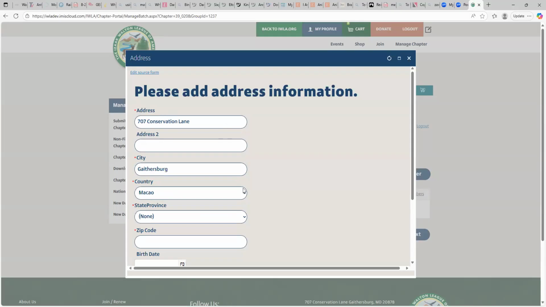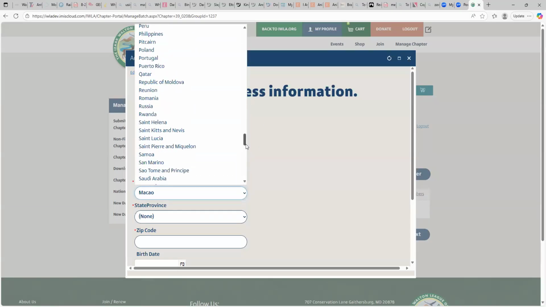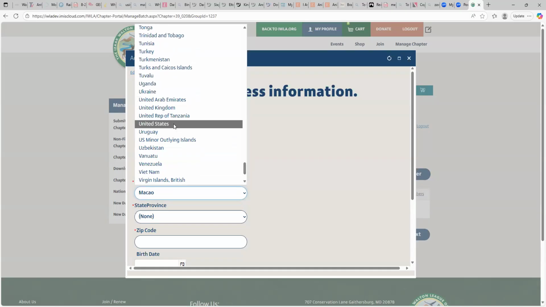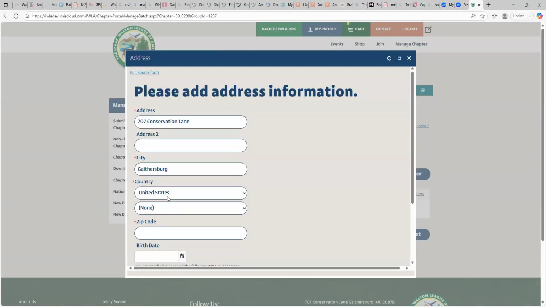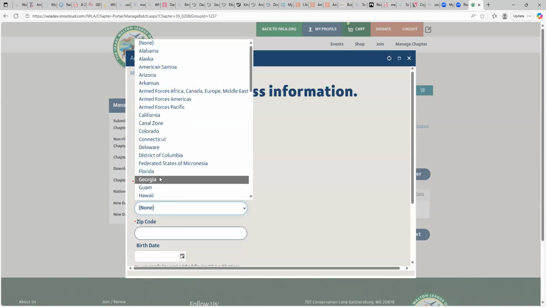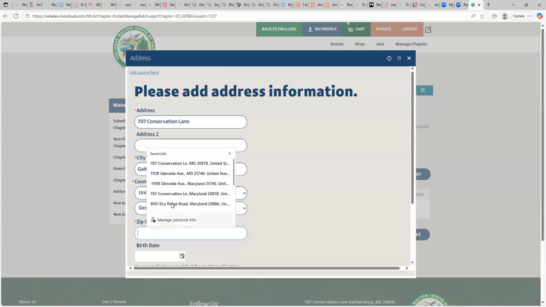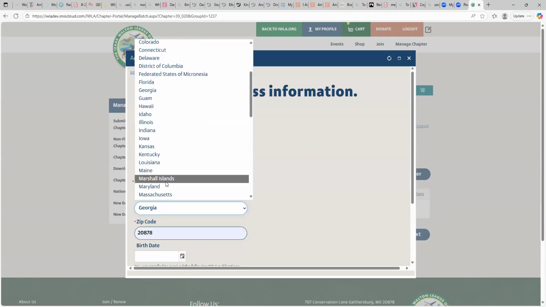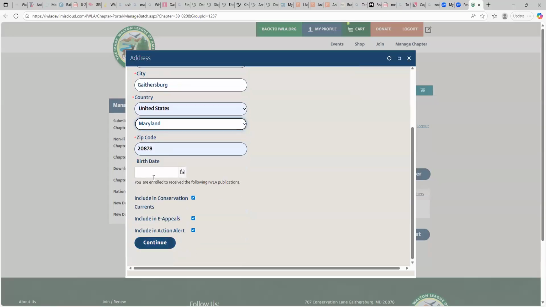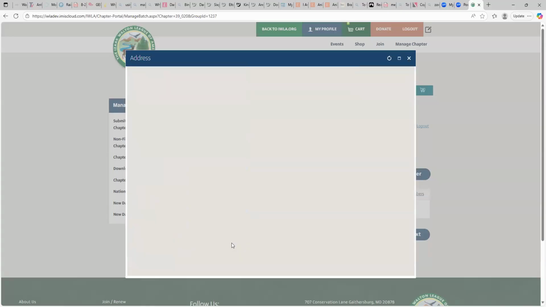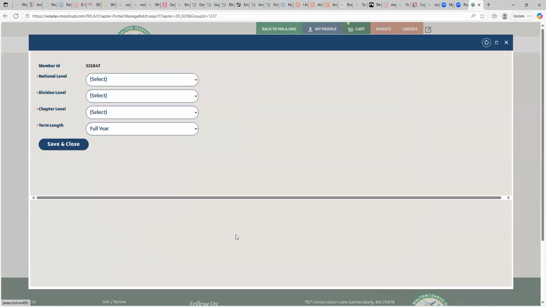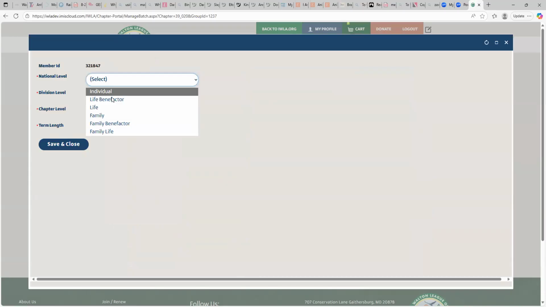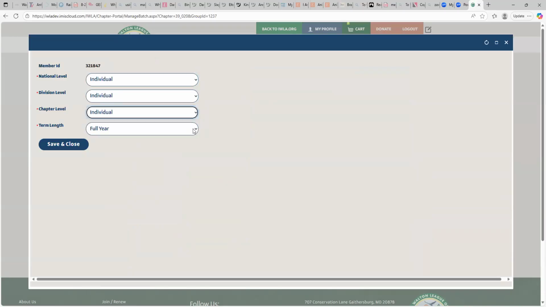Nope, we're still in the United States. My fault here. I should have done Maryland. There we go. And now I have the options to say the membership type at each level. And here are your options for the 18 months, the year and a half, or the half year. Once I select the year and a half,